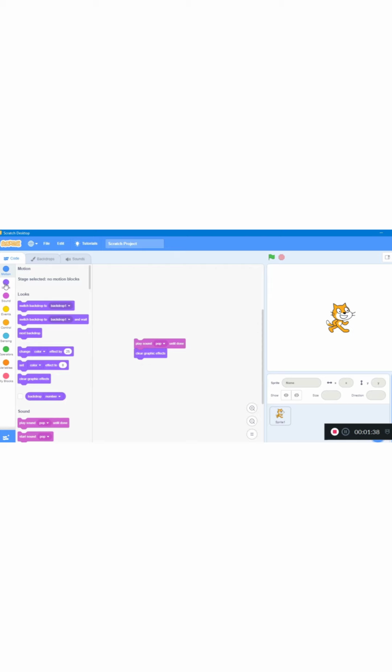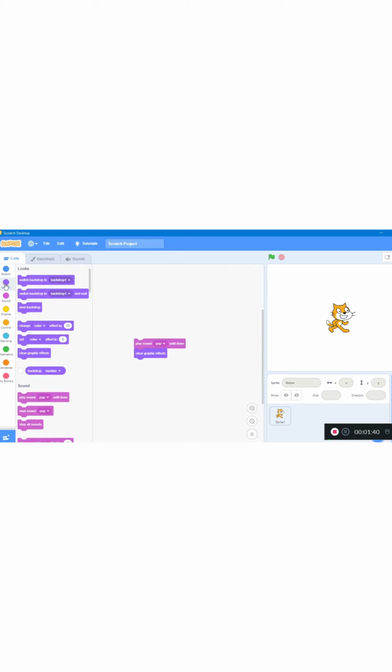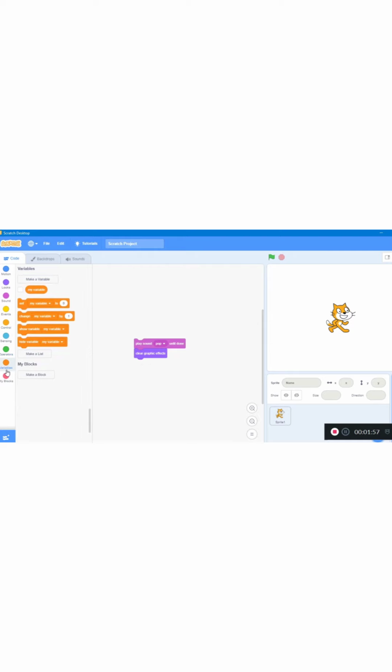There are a total of 10 categories of blocks. These are motion blocks, looks blocks, sound blocks, event blocks, control blocks, sensing blocks, operator blocks, variable blocks.